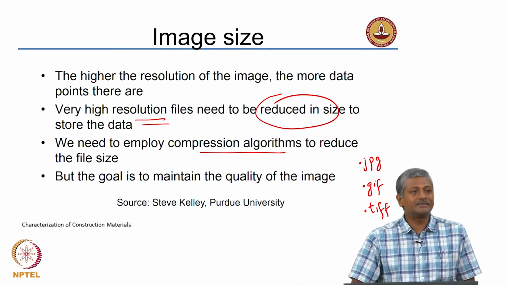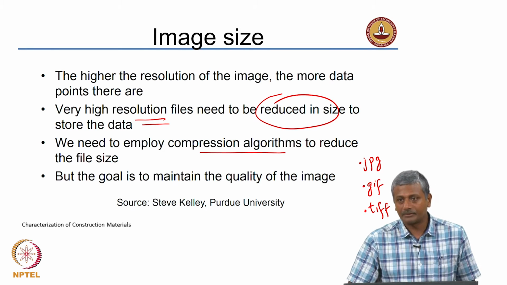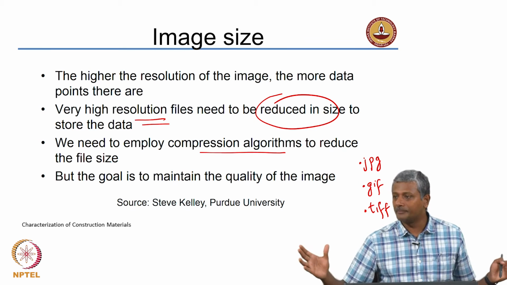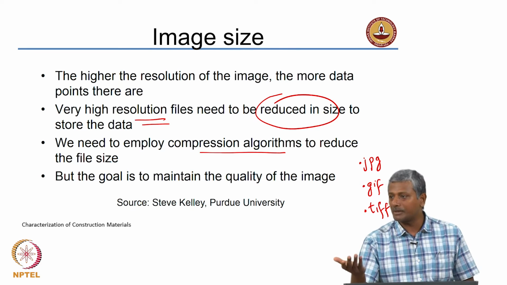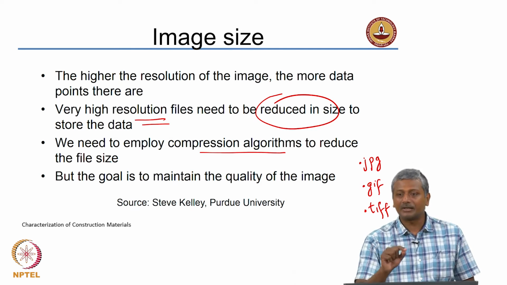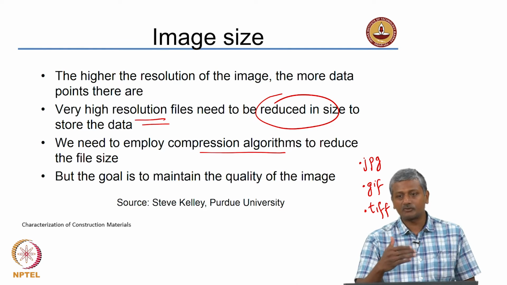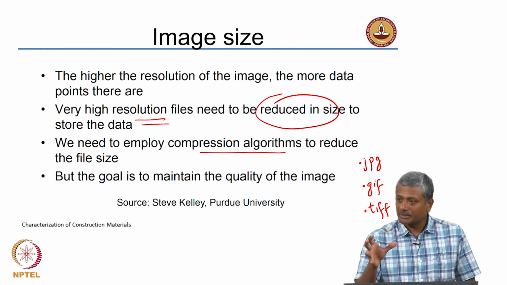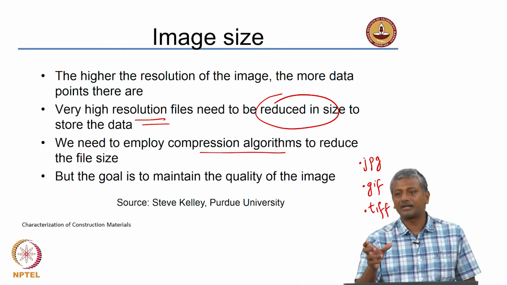So, the greater the resolution, the more number of data points you need to actually store, but then the file size becomes too cumbersome. So, to reduce that, if you have operated in Adobe Photoshop and you try to save anything as a JPEG image, you will know that it asks you what level of storage you want, image quality that you want. Dots per inch for printing. 1 to 12. Yeah, 1 to 12 is the image quality that you can save the JPEG in. So, when it is 1, that means you are trying to compress it too much. When it is 12, you are not compressing it significantly.